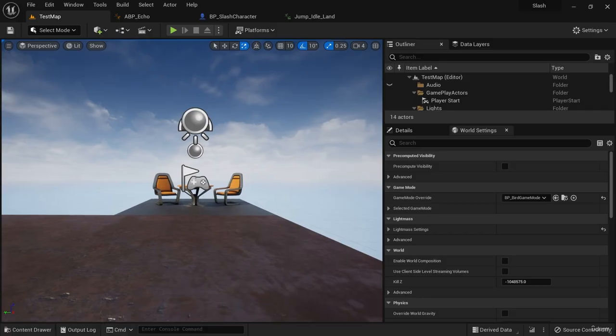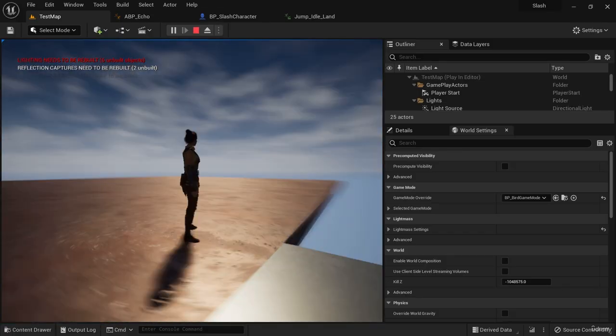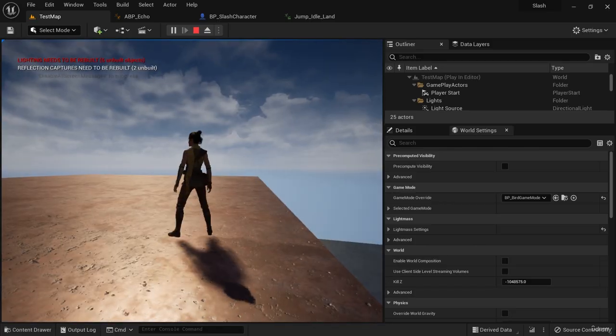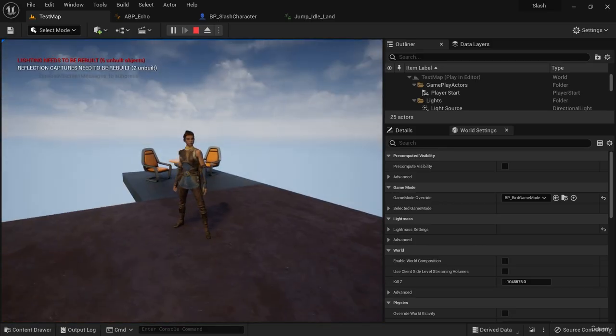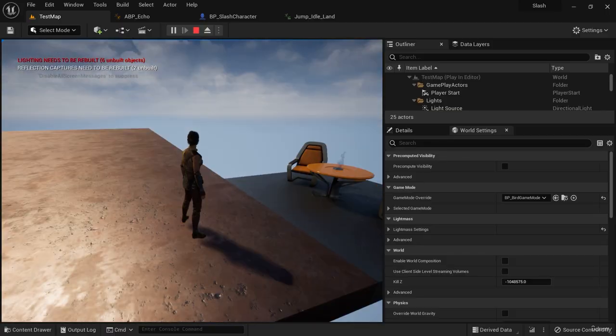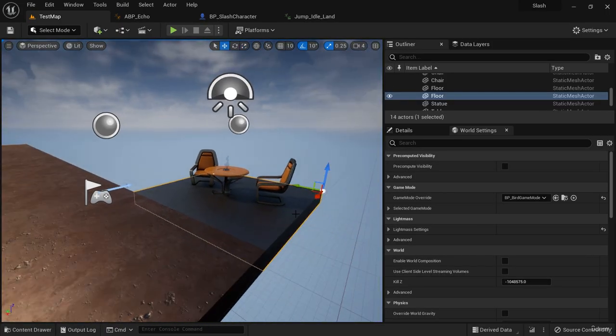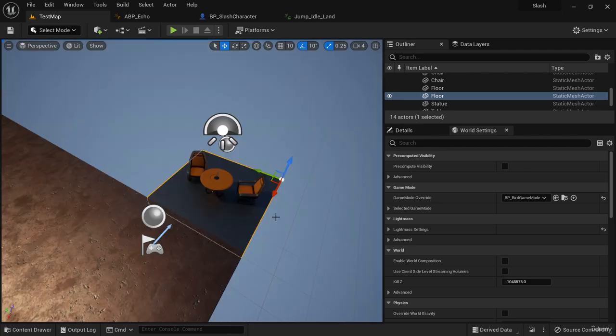Welcome back. Now we have animation working for our character, and everything looks great. But Unreal Engine comes with some new features that are very, very useful, and so we're going to take advantage of those. Now, one problem that we can solve is an issue that we can see if we add some